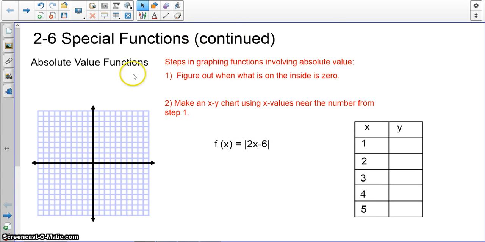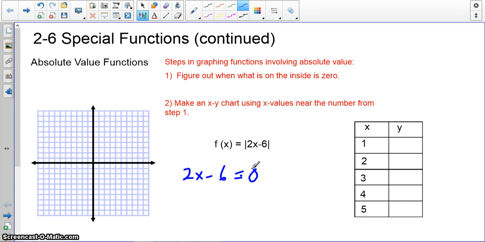So here's the steps, and it really always will work like this. You can always do it this way. So read these real quick. Pause it for a second and read through it. So step one, I take what's on the inside. 2x minus 6 is what's inside the absolute value. All right, and you want to figure out when it's equal to 0,